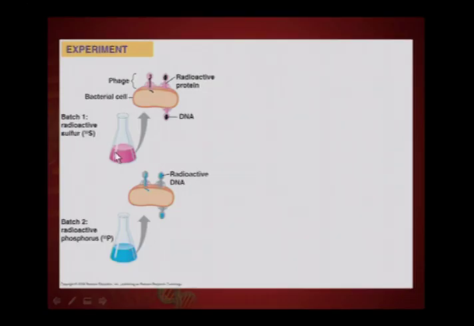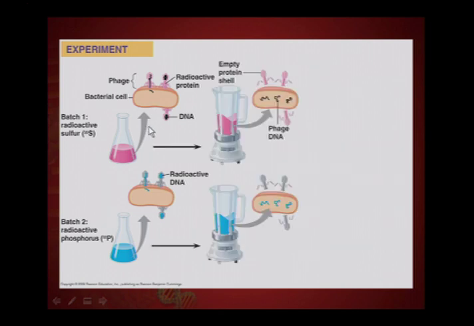So they did that because sulfur is found in proteins, but not DNA, and phosphorus is found in DNA, but not protein. So again, they raised viruses, some exposed to radioactive sulfur, some exposed to radioactive phosphorus. They gave these viruses time to attach to bacteria and inject the genetic material into the bacteria. And then they ran the bacteria and viruses through a blender to separate whatever was on the outside from what